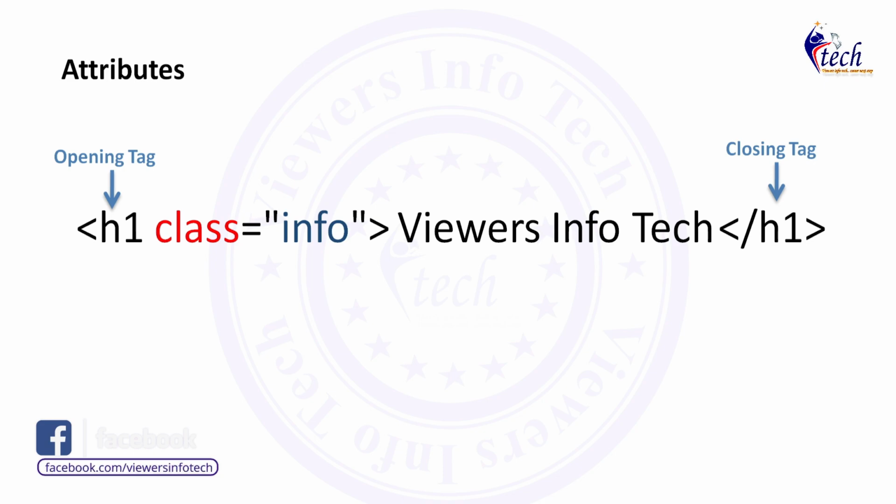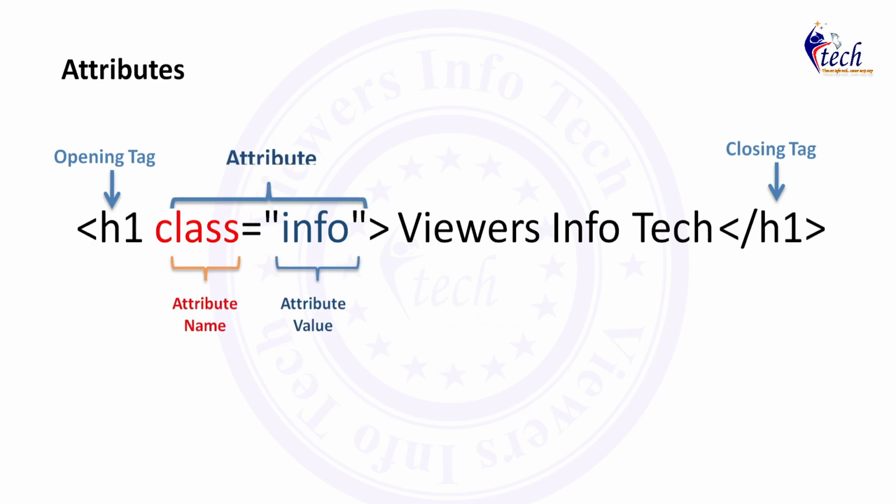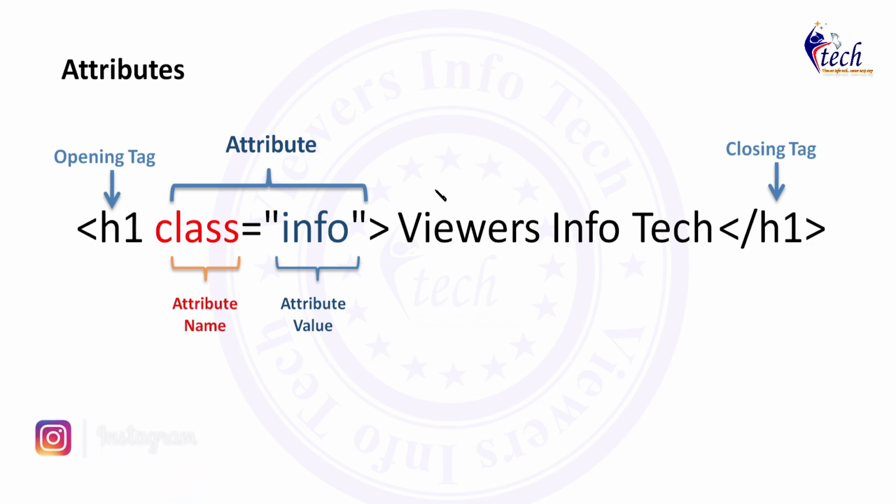And this tag we already discussed in the previous slide. So the main intention is the attribute. So the combination of attribute name and attribute value we can also call an attribute. Attributes are used to control how content is displayed in a browser. So we will discuss attributes briefly in an upcoming session.